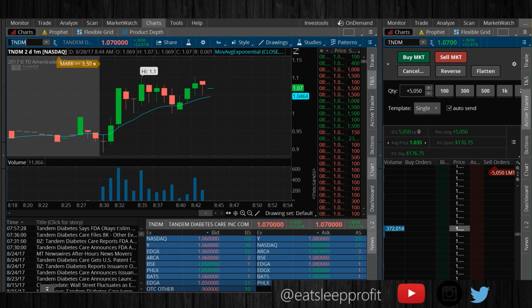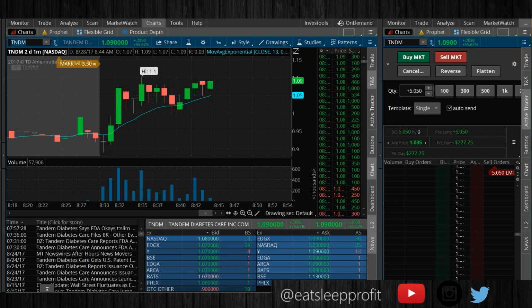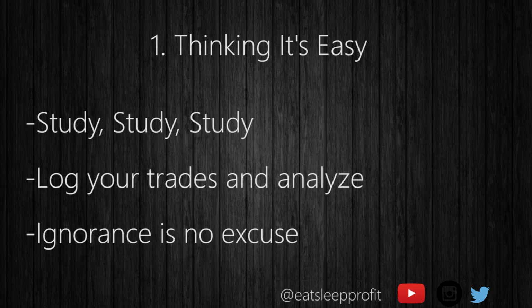So the fact is, you have to be able to analyze your trades any way possible, and look to that to improve yourself. So if you see yourself losing at a specific time of day, don't trade at that time of day, trade at a different time of day. If you see yourself losing whenever you buy at a certain level, or do this and that, you want to see that trend and correct it.